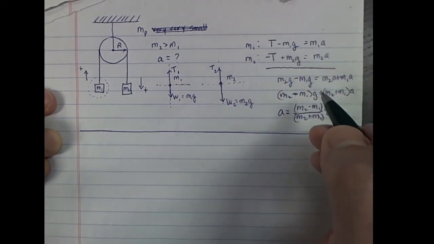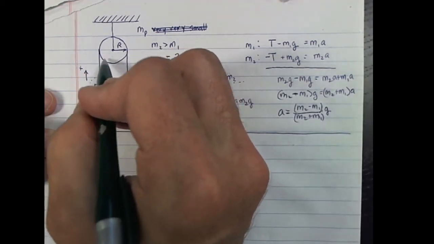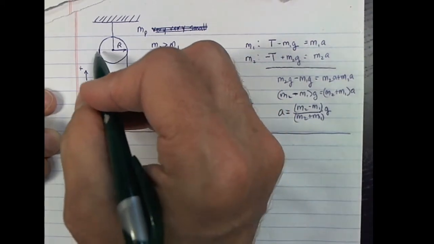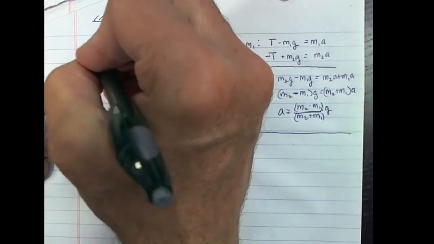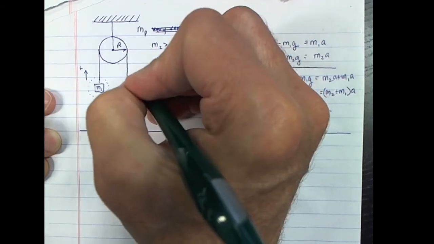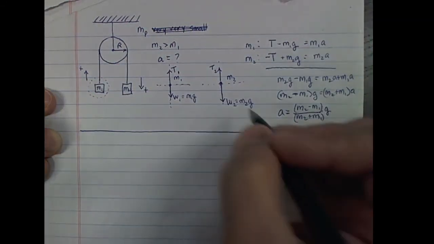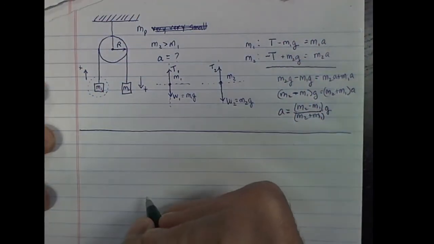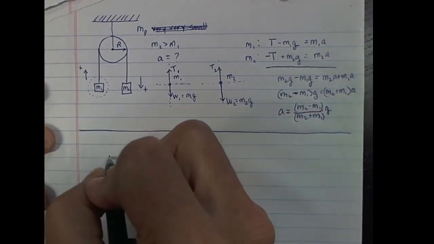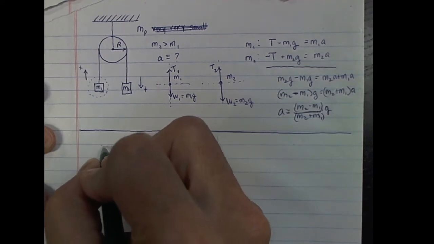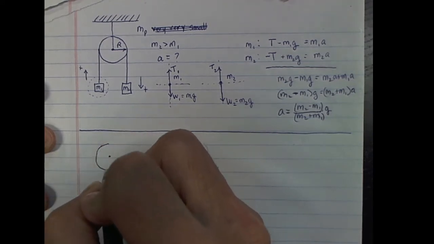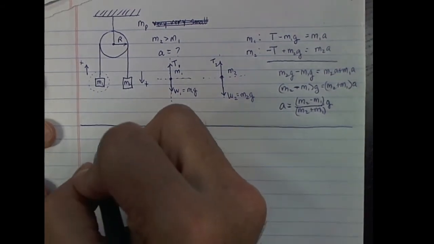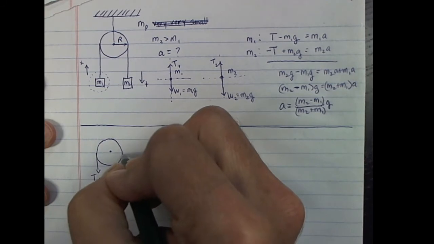What changes? Well, now we have something going on with this pulley. It has torques applied to it. It has a torque here of T1 down and T2 down, but on opposite sides. So from the pulley's point of view, we no longer draw it as a dot. We actually draw the pulley and draw the forces acting on it. And you have T1, T2,